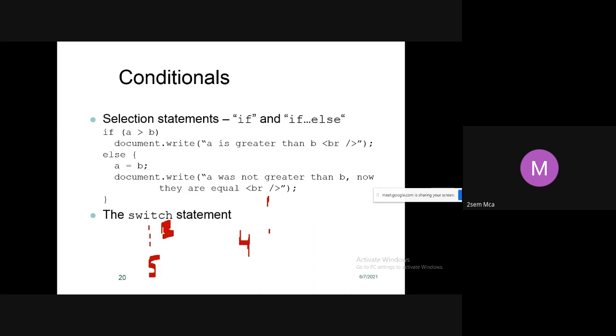So it will execute all the statements till it encounters a break. In case 4, I have written a break statement, so it will execute all the statements till case 4. If you give choice as 1, it will display the output of only the first case, because in the first case I have written a break statement.